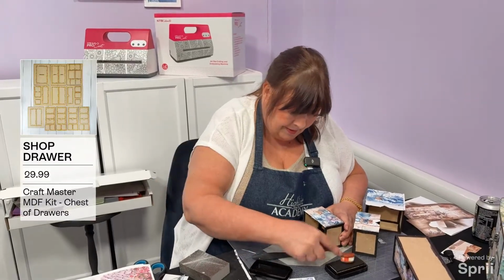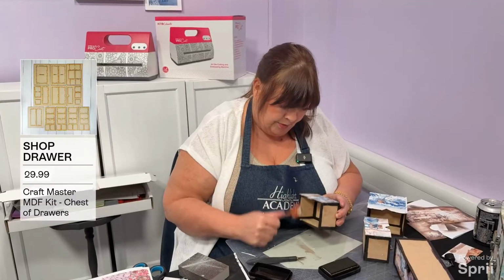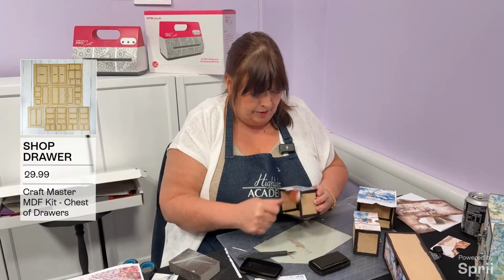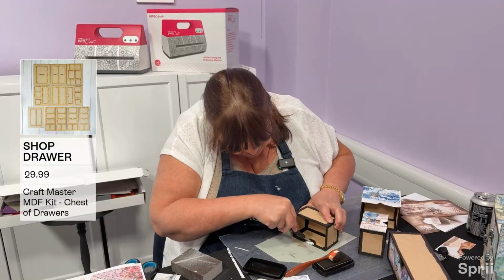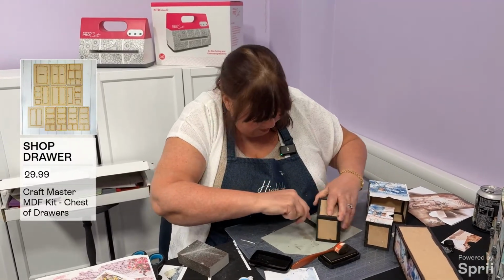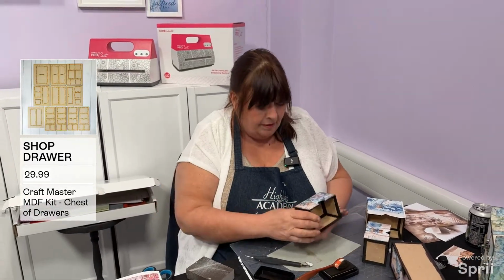Going to use my ink again, and I'm doing this. I want to show you that you don't have to be an absolute expert to make this perfect. So I've done that. I'm just going to come round here, and I'm going to do this one a little bit rough on purpose, okay? Because I want you to just be able to see. So it's not perfect, look,